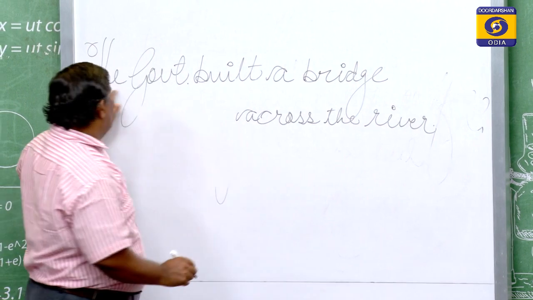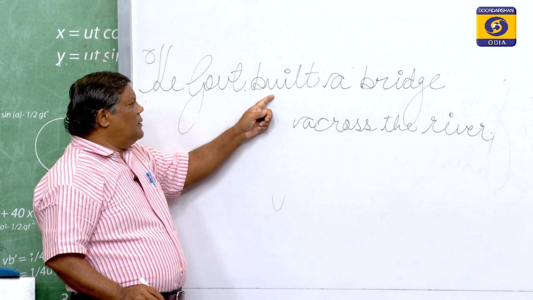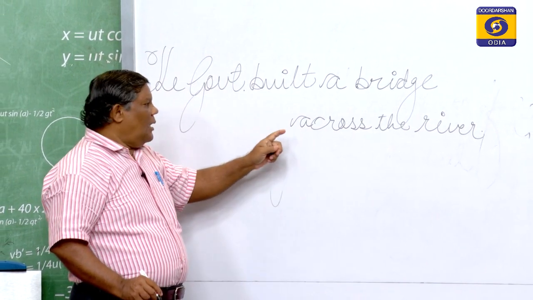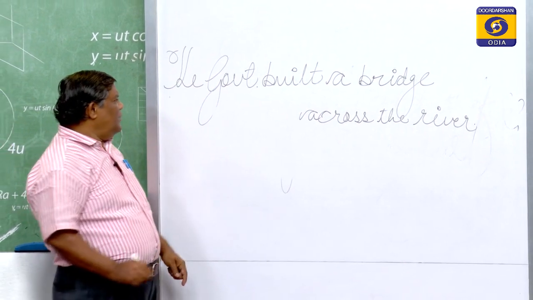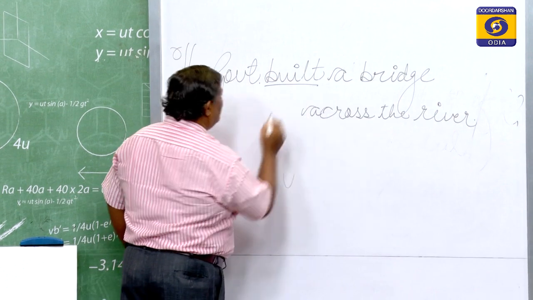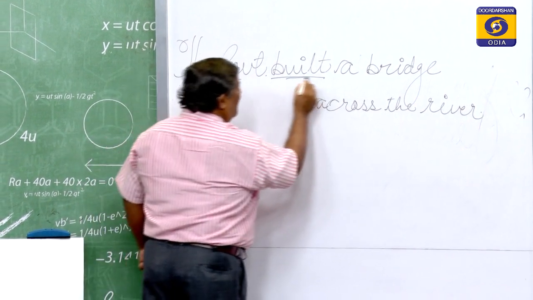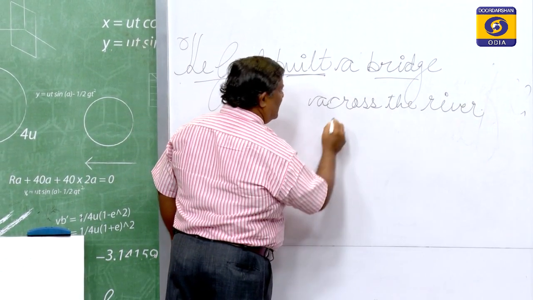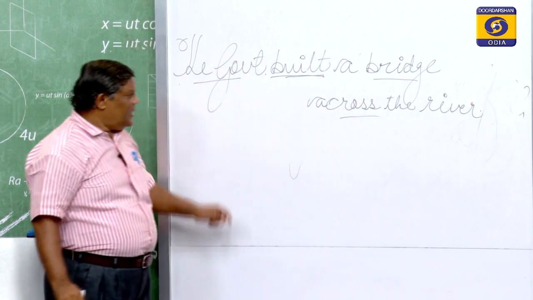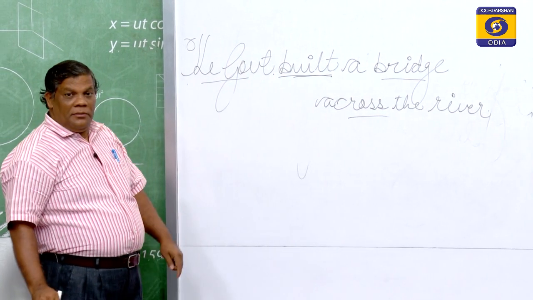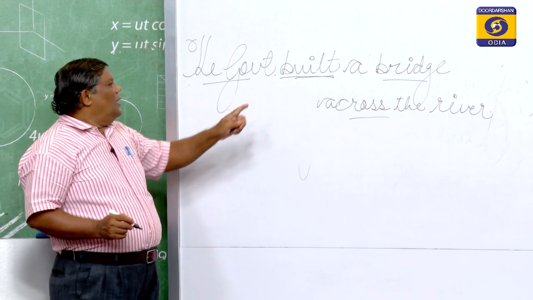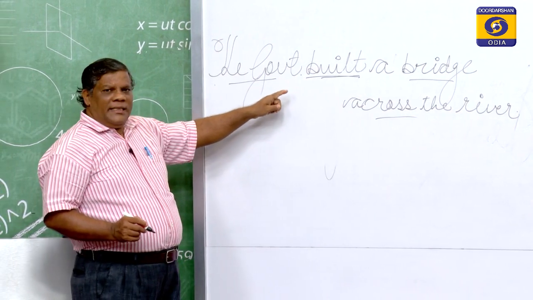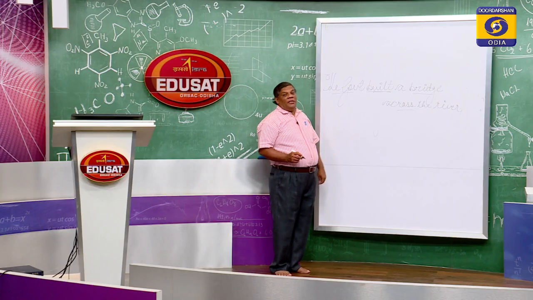The government built a bridge across the river. When you see it in past tense form, subject, verb, object, this is additional, extra. Now make it passive, and when we make it passive, the form is: a bridge was built across the river,